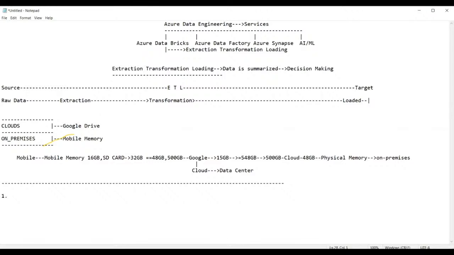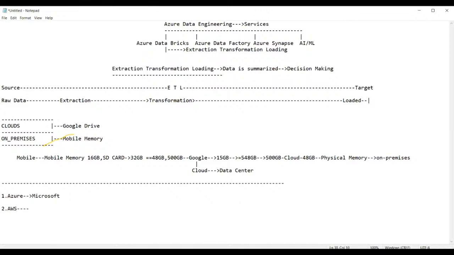The first one is called what? Azure. Azure is a cloud provider from Microsoft. Microsoft is marketing its cloud product with the name Azure. The next provider is Amazon, or we can say AWS.